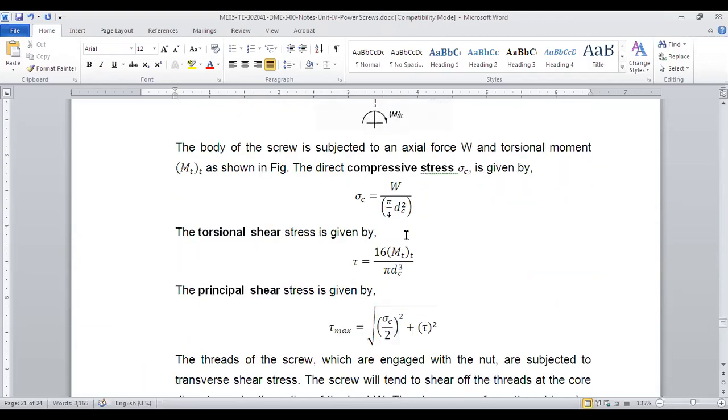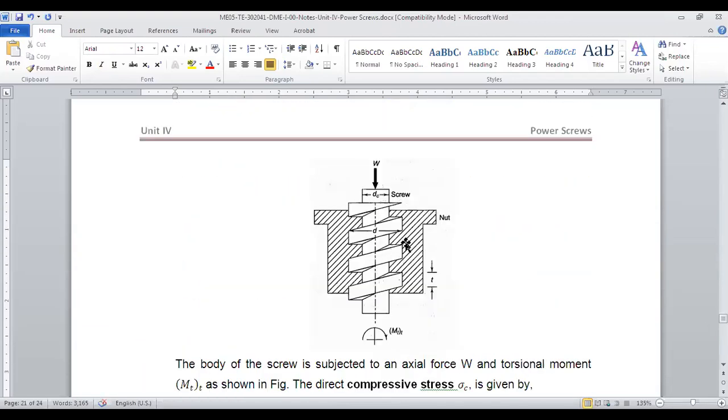Now similarly, let's go to the nut. The nut has the same thing at the core, because for square threads the dimensions will be the same. But because it is a square thread, now the number of threads will be different, and here the diameter, see, now pi dc we took, here the diameter will be pi d, nominal diameter, outside diameter. Are you getting my point?